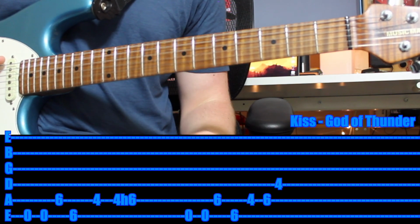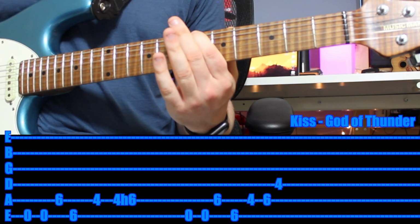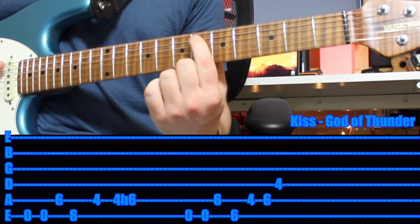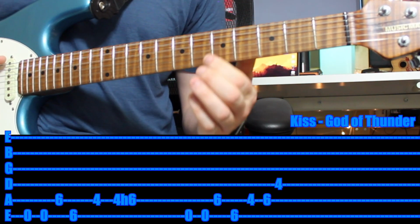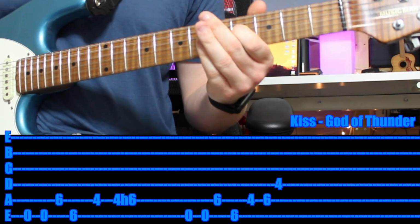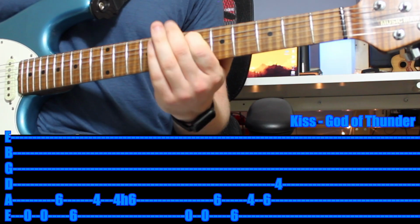Once you've done that, the next part is you play again, open, same again, up a string, then play the 4th fret on the 5th string, up 2 frets, down a string, and back 2 frets to the 4th fret. Just practice that. So the first part, second part,